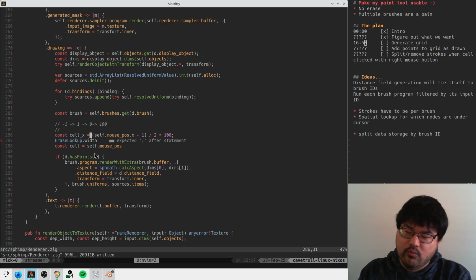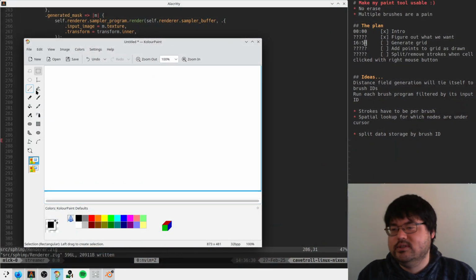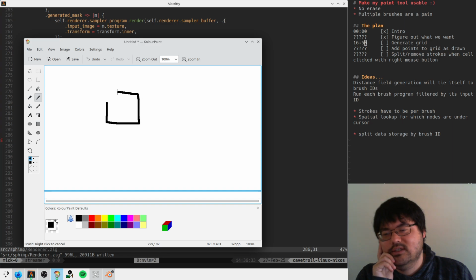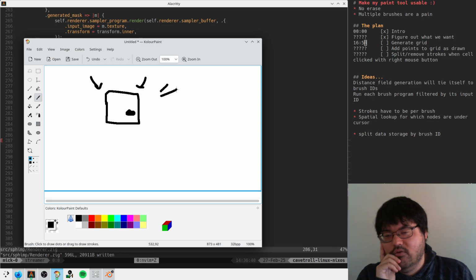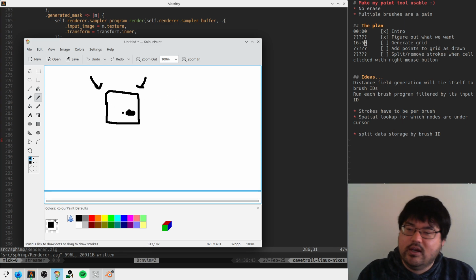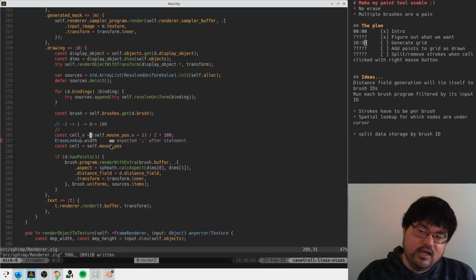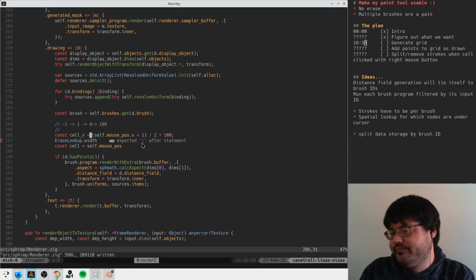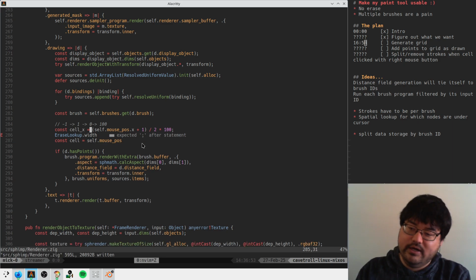This is backwards. We know where the mouse is already on the screen, and we want to convert that into cell locations. So it's like, I am in some cell, and I know that this thing is in units of 1 over 100, which is how far apart these things will be. So I guess I just want to find the floor and the ceiling of the cell I'm in. So I want to find